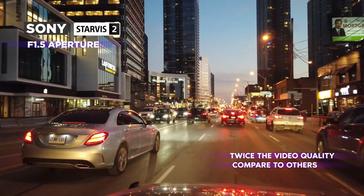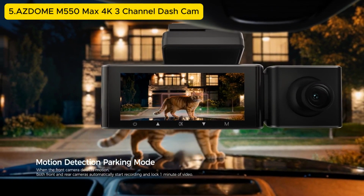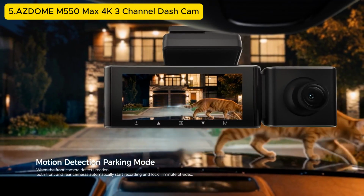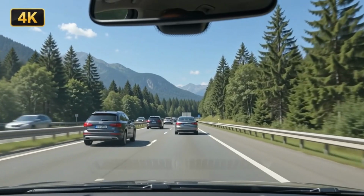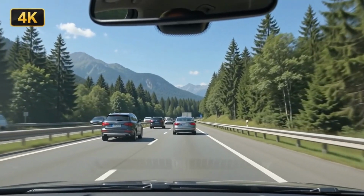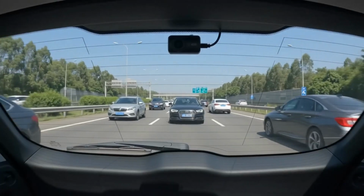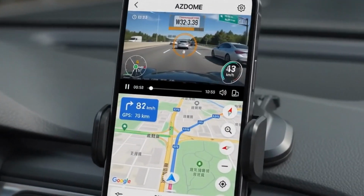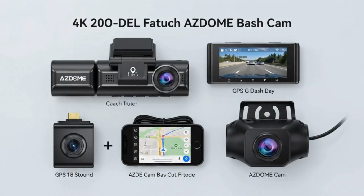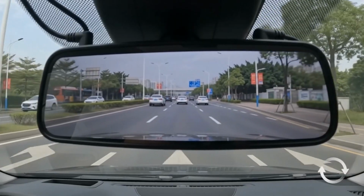Number 5. The AZDOME M550 Max 4K 3-channel dash cam is a powerful all-in-one vehicle security solution designed to capture every important moment on the road. Featuring a high-resolution front camera along with interior and rear cameras, it provides comprehensive coverage for daily driving, parking, and unexpected incidents. The 4K front recording delivers clear footage with detailed visuals, while the additional cameras help monitor passengers and